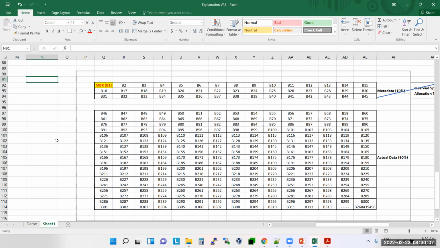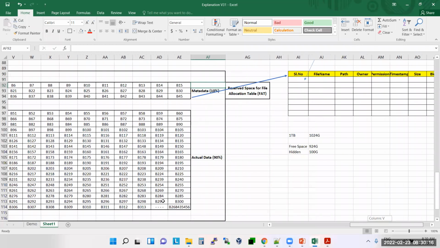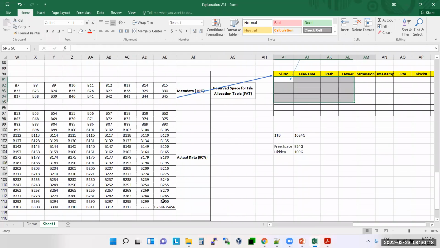The first time, it will check whether this actual metadata file, the table, is created or not, whether it is empty or not, whether blocks are empty or not. It will check everything for the first time. If not, it will create the structure like this. The second time you format, it will be quick, because everything is readily available.